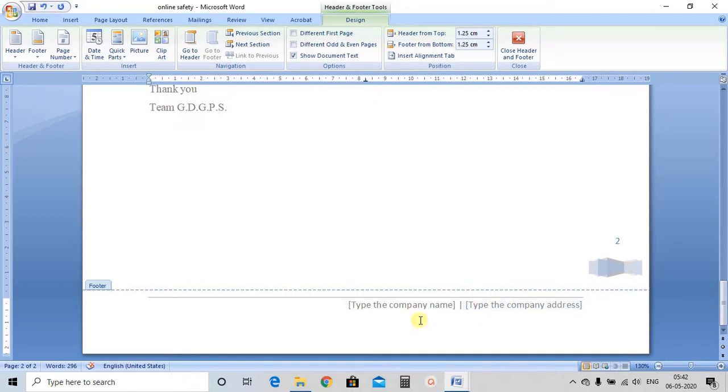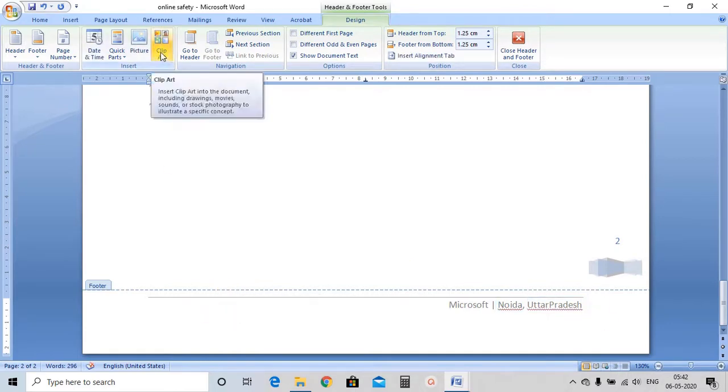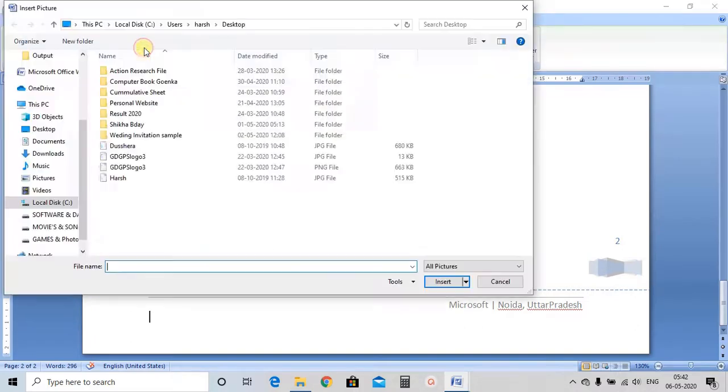Here you can easily type, say the company name, Microsoft, type the company address, so anything you want to type, and then suppose you want to insert any picture,